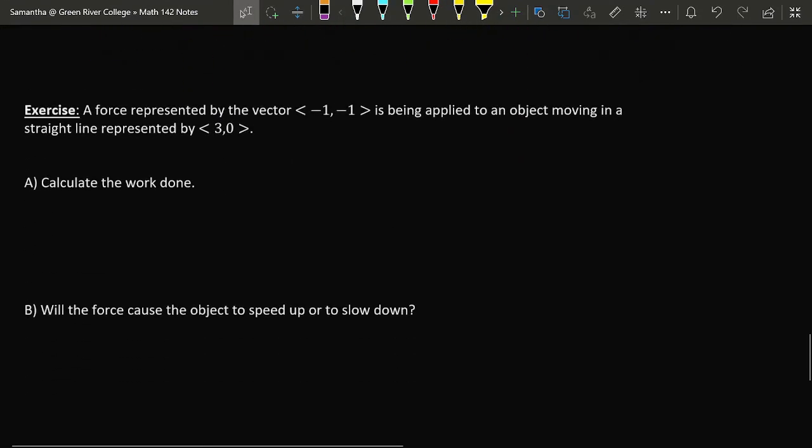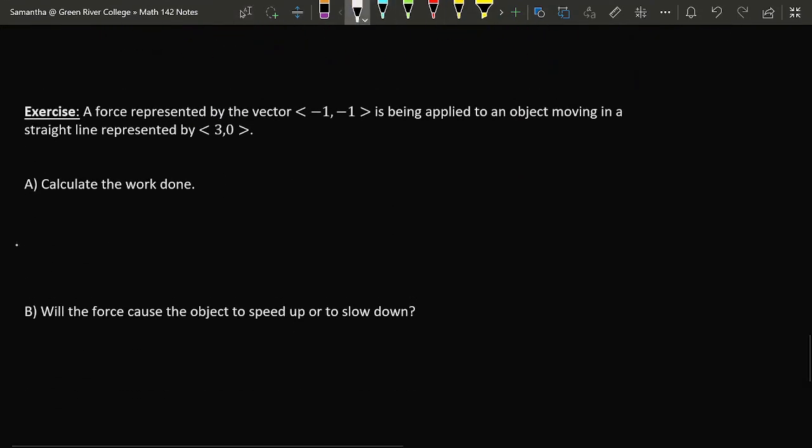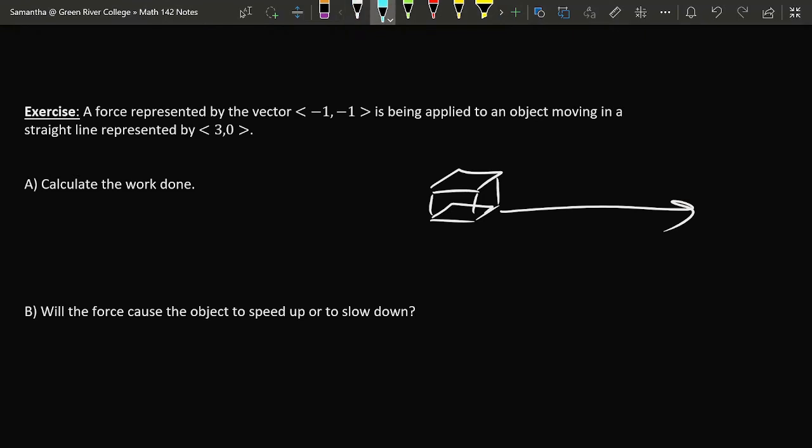Now let's consider a slightly different example. The minecart's movement is along the same displacement vector. We're still going 3 units to the right. But this time the force vector has a negative x component. So it's pointing down and to the left. Now intuitively, I'm going to expect that the work done will be negative, because overall the force is acting mainly in opposition to the minecart's movement. So I expect that the force is going to slow the minecart down.